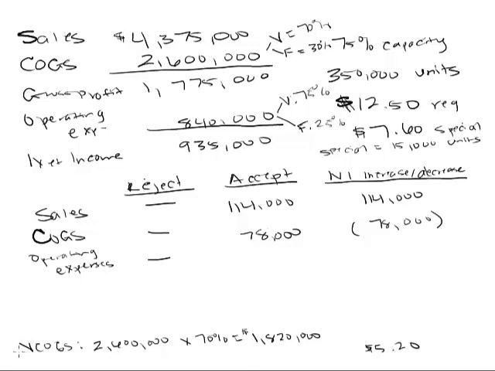Okay, so again, I need to do kind of the same thing here. I've got variable operating expenses, and that means we've got $840,000, and 75% of that was variable. Okay, so that means $630,000 is variable operating expenses. Again, how many units is this for? It's for 350,000 units. Okay, so that means that per unit, this comes to $1.80.